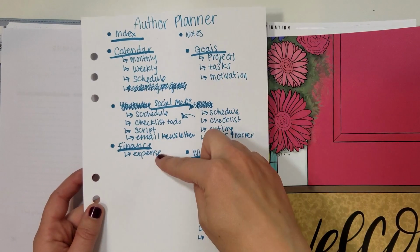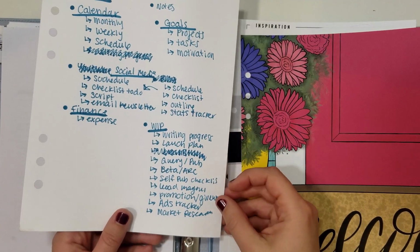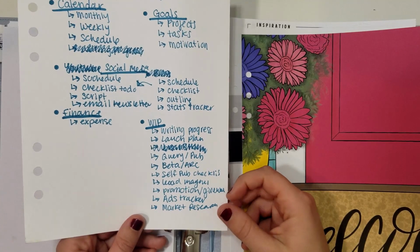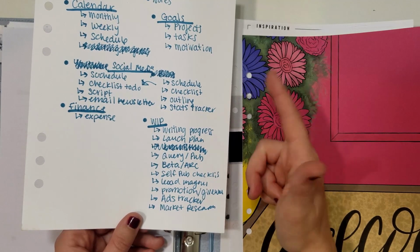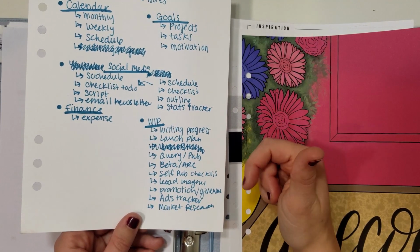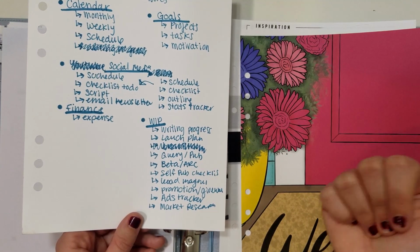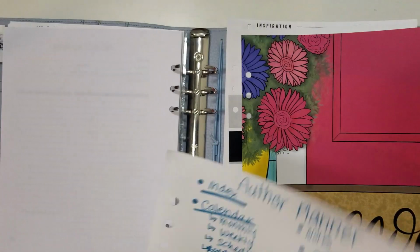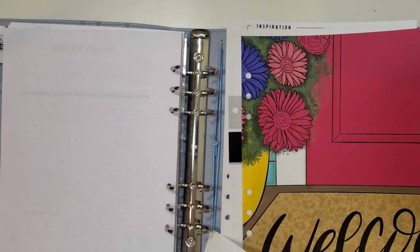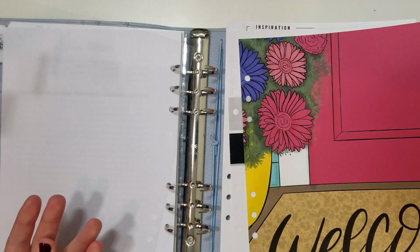Finance, so expenses, and then work in progress, which I don't have really a lot of this section created, but essentially I want to have writing progress, launch planner, query, publisher information, beta ARC information, self-publishing checklist, lead magnet, promotion giveaway information, ad tracker, and market research for my current work in progress. So this is kind of how I'm going to have it set up. So I think then we are on to the next section, which is